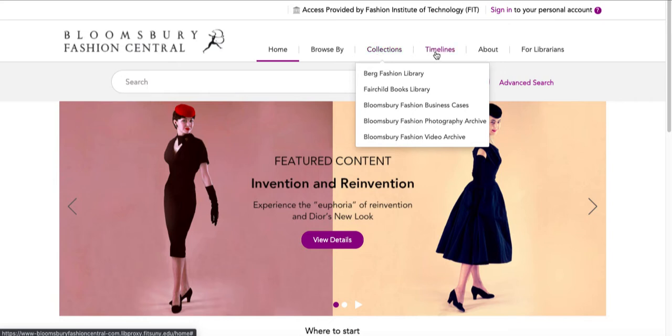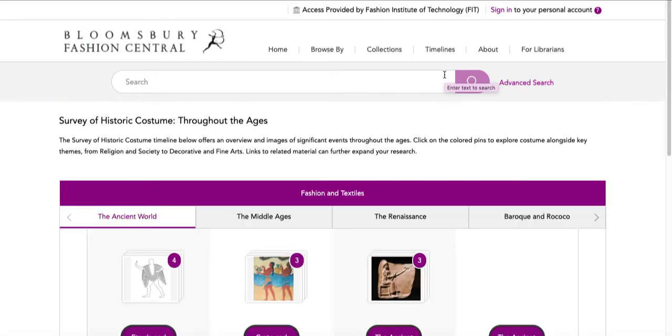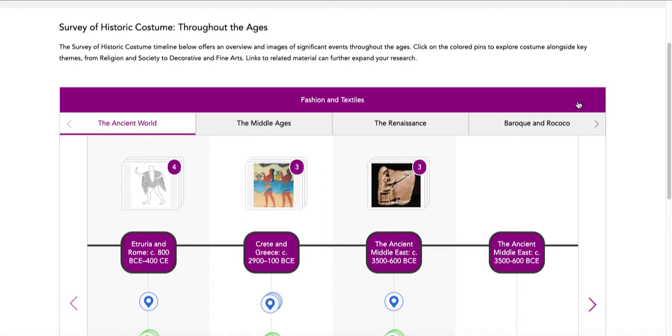The third way to browse is by going to the timelines. The timelines are a way of navigating fashion through history. There are 3 of them: Survey of Historic Costume, International Fashion Shows, and Global Dress and Fashion. And all of them organize fashion information by timeline. Taking a look at one of these, you'll see that the Survey of Historic Costume goes from the ancient world all the way to modern time,